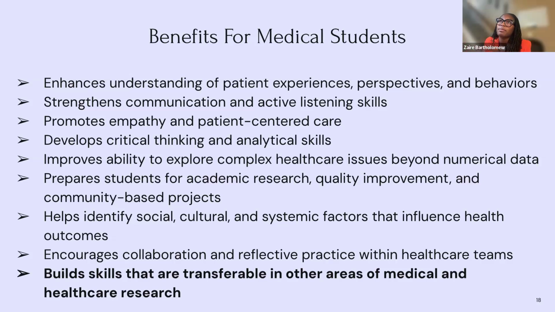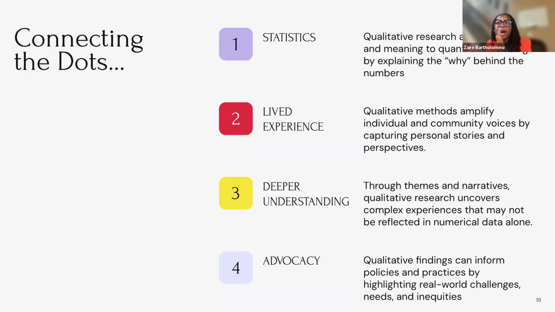I think this is one of the most important skills that medical students and also researchers can have as they take part and develop this skill set, because it's not always about qualitative versus quantitative, or clinical research versus laboratory basic sciences, but being able to have a skill set that is amongst all of them and use that to leverage and make other skill sets better. So if I now know that I can look for these nuances within my quantitative skill set, how can I really identify what the statistics are telling me? And so, thinking about how this connects the dots.